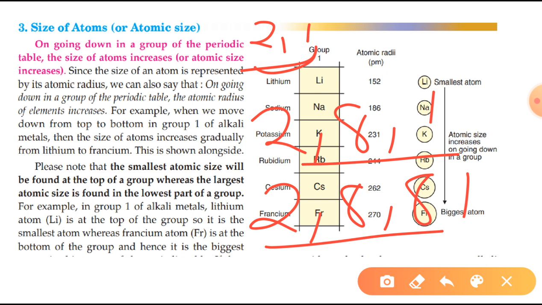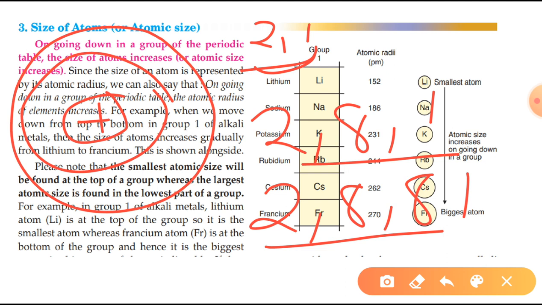Students, when the number of shells increases, the number of protons is also increasing, but all the protons are inside the nucleus. Let's say this is the nucleus, and here your shells are increasing. So the distance of the outermost shell from the nucleus is increasing. This is the reason that the force of attraction exerted by the nucleus on the outermost shell is decreasing. These two factors lead to an increase in atomic size when we move down the group.